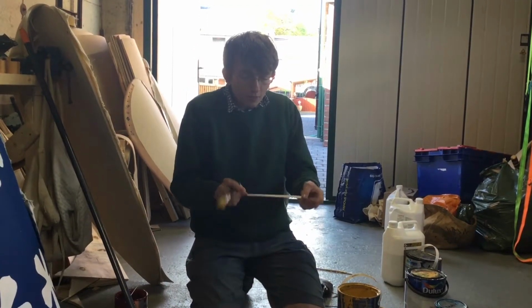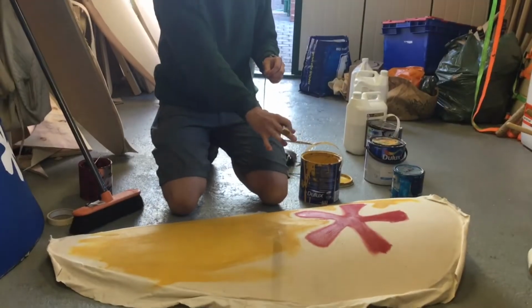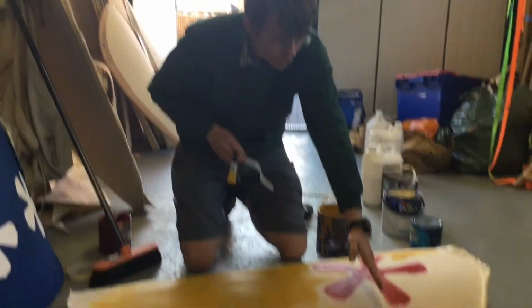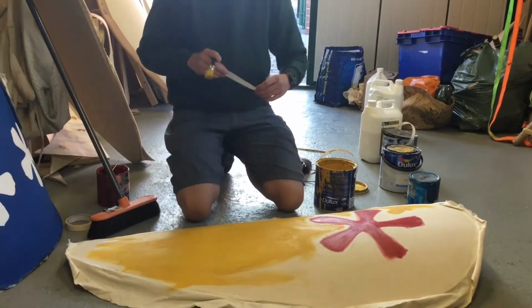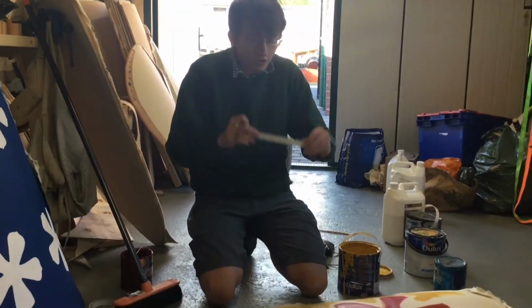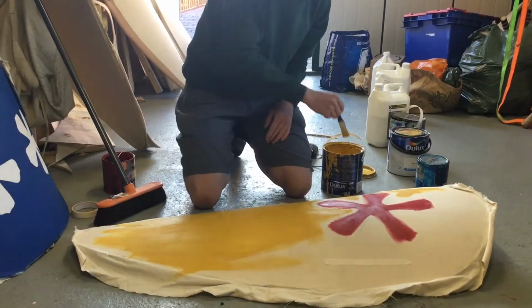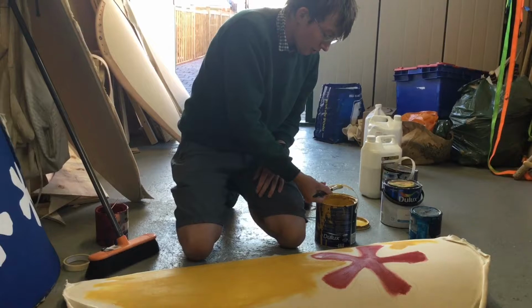This will just be an example, as you can see there are no particularly straight lines on this heraldry. But if you were to have a heraldry that was, say, a cross with lots of large straight lines, you can use a piece of masking tape stuck down on the shield, at which point you can paint along the line